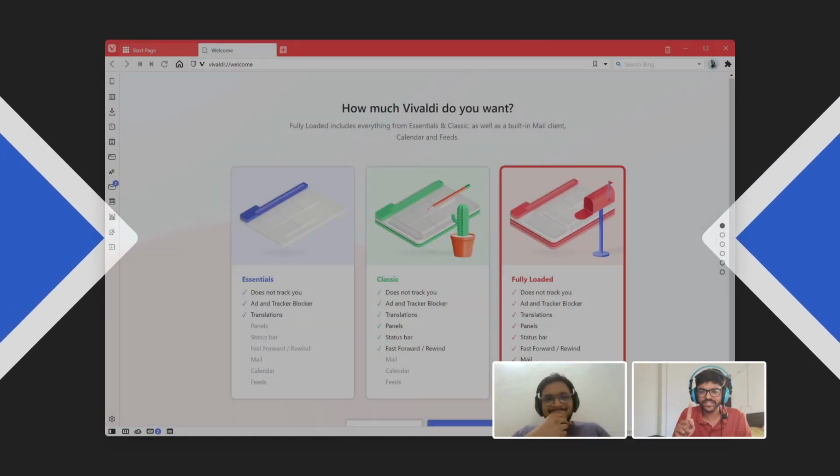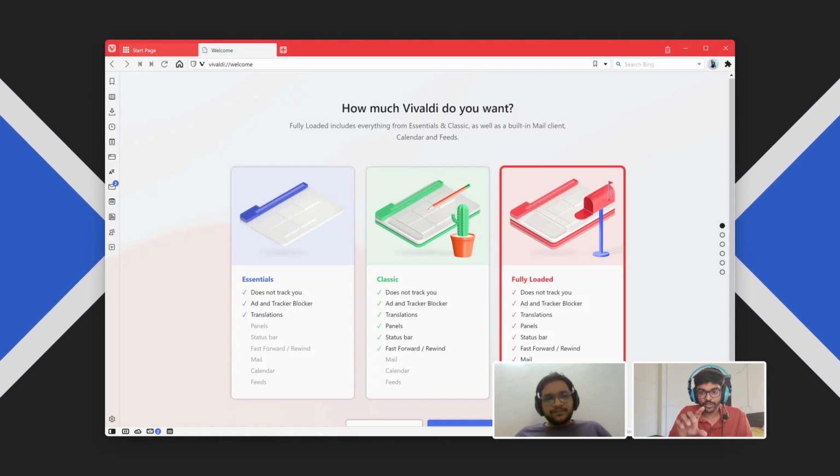That is a very good point actually. Now that I think about it, a simple example: Vivaldi browser, I was using it for quite some time. When you install it and when you're setting it up, it has three modes. It has the standard mode, the default mode.